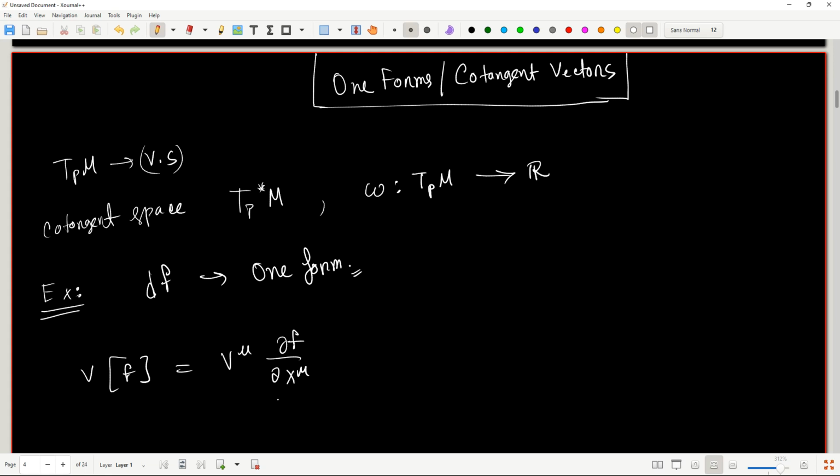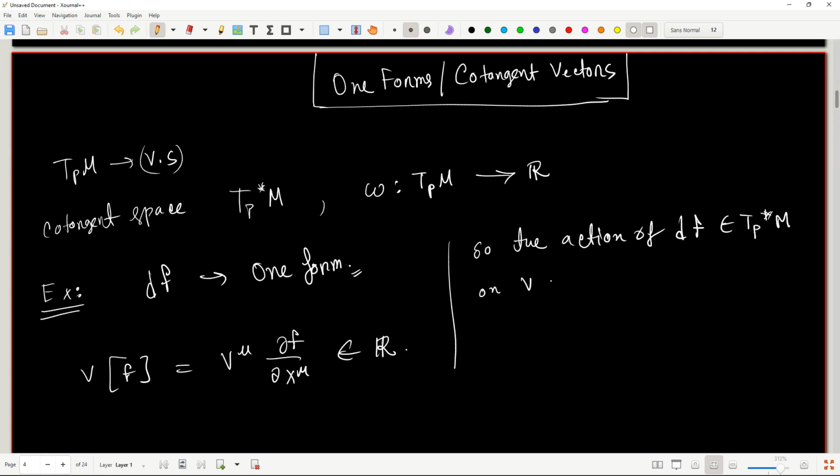This is indeed something that belongs to R, right? So the action of df, which belongs to the dual space, on the vector v on the tangent space